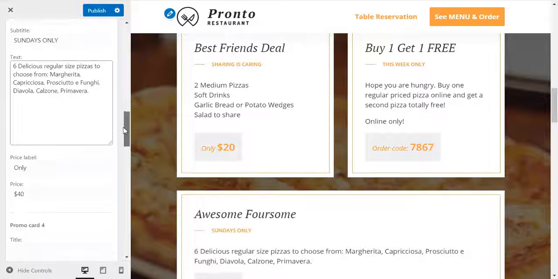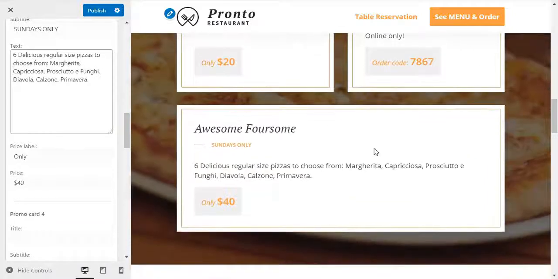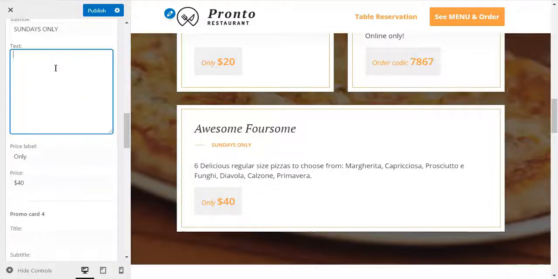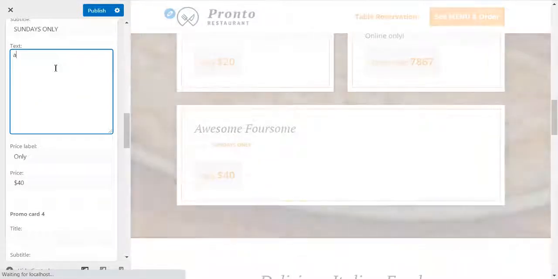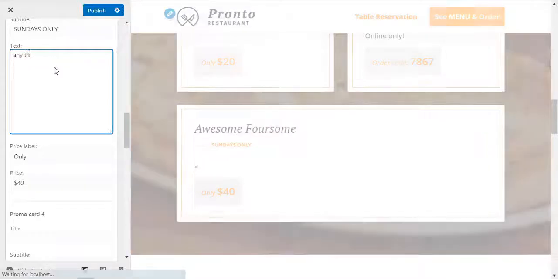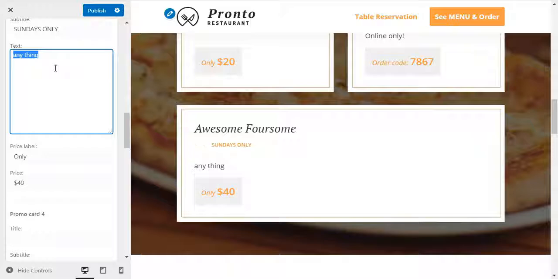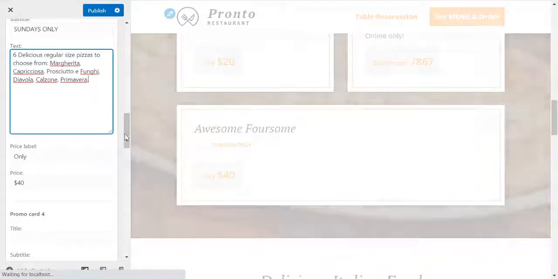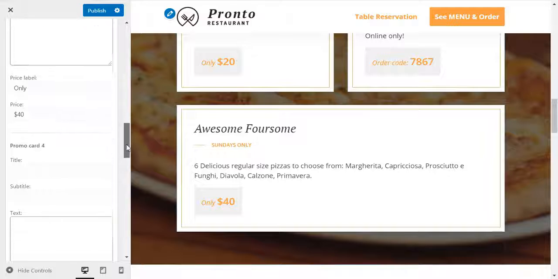You can change all these three sections as you desire. You can change the prices, you can change the descriptions, you can add a new section. Anything you want to do, you can do from the customize area. You don't have to go to the theme panel option.